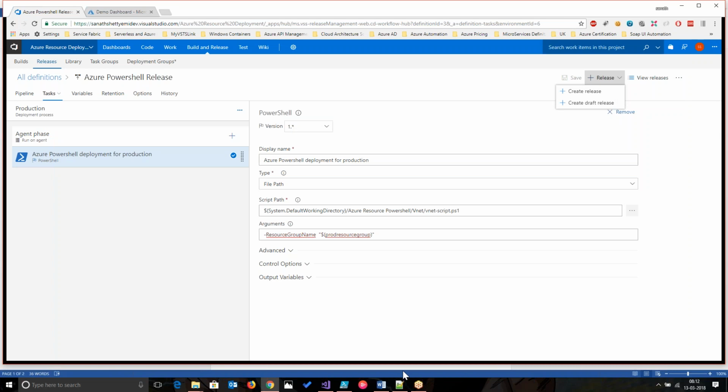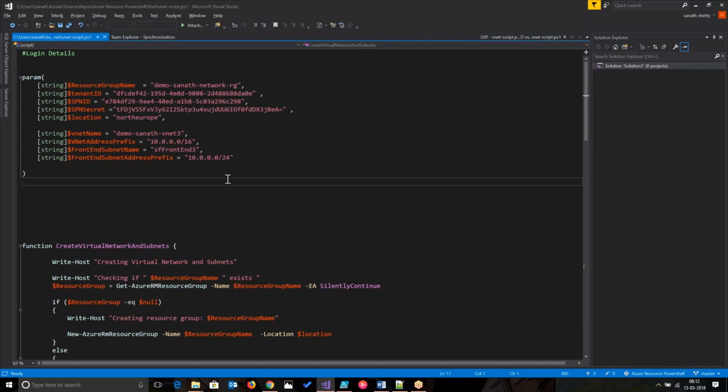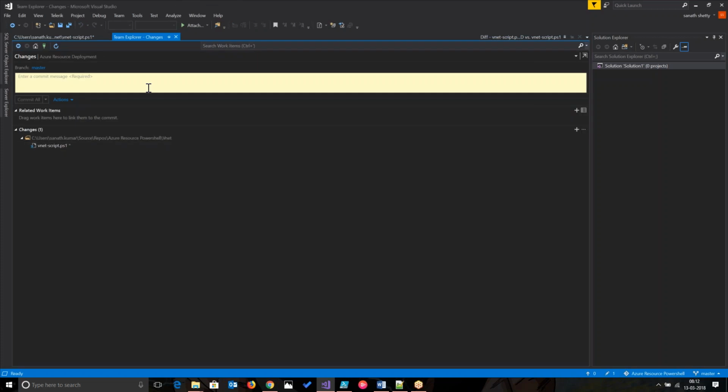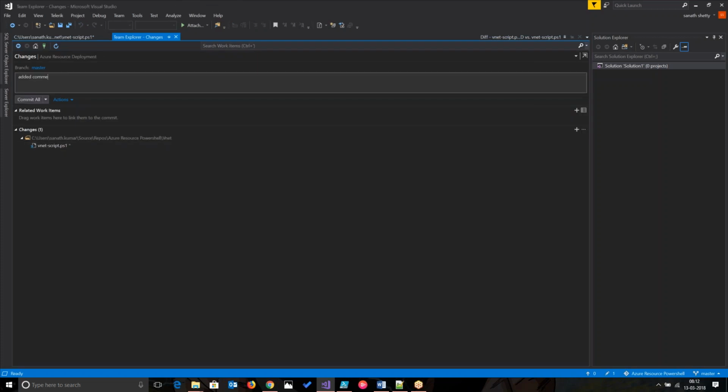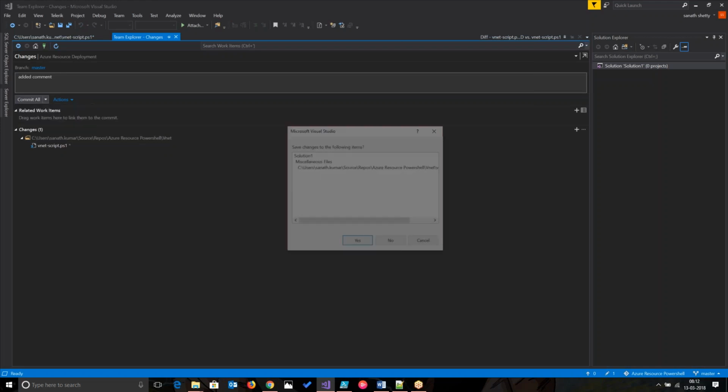We already saw if I just go make some code changes and if I check in, it automatically triggers, or I can just create a release from here. Let's still go back and do something in here, like say just a comment triggering a release. Now I can see there is a change. I just say added comment, and if I push it, comment and push it,